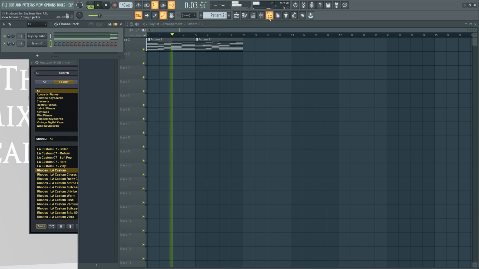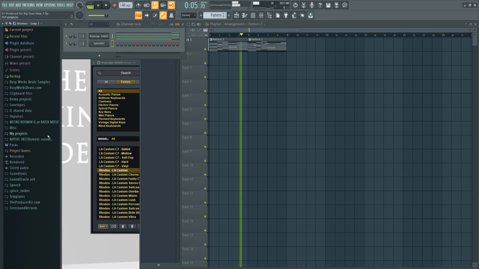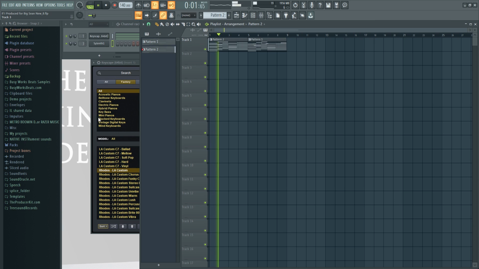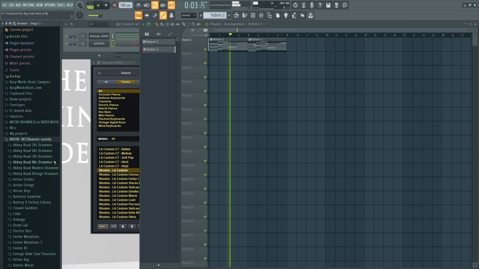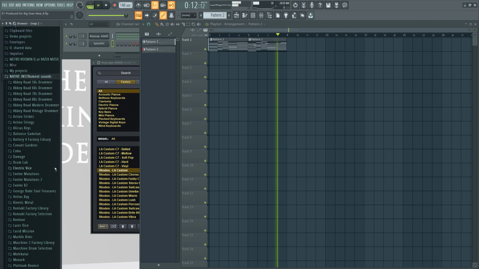Let's see if we can find some drums that actually match. I'm going to go to the machine library. All right, so now I'm looking for drum sounds. Let's go to some Native Instruments sounds just to get a different starting point. I don't use these as my core library, more so to get outside the box a little bit and stop using the same thing. So I kind of force myself to go out.